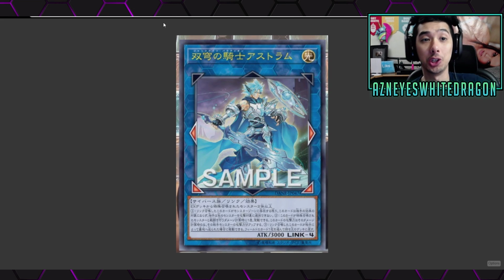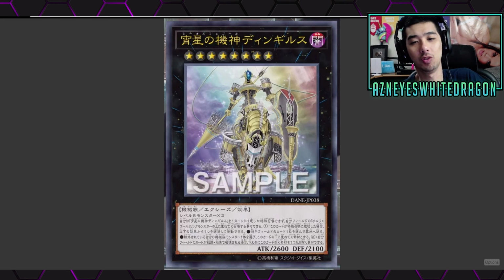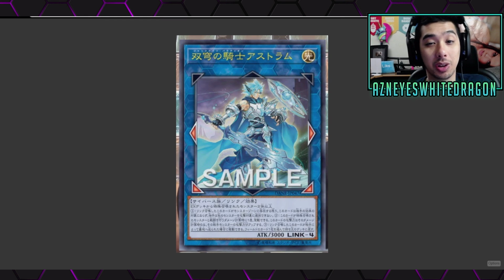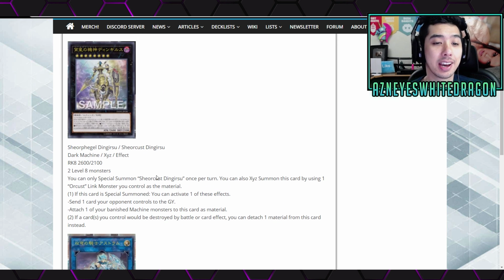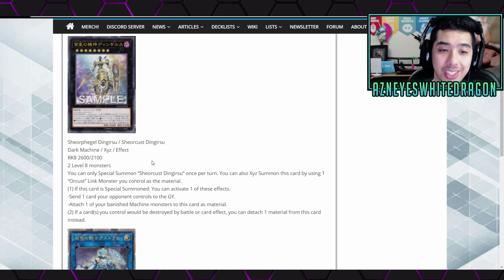So we have a few new Yu-Gi-Oh cards coming out in the game. Two of them are kind of boss monsters. Well, this one definitely is, and I think this one is going to be pretty good. But anyways, let's go and kick it off with the first card, which is going to be the Sure Orcas